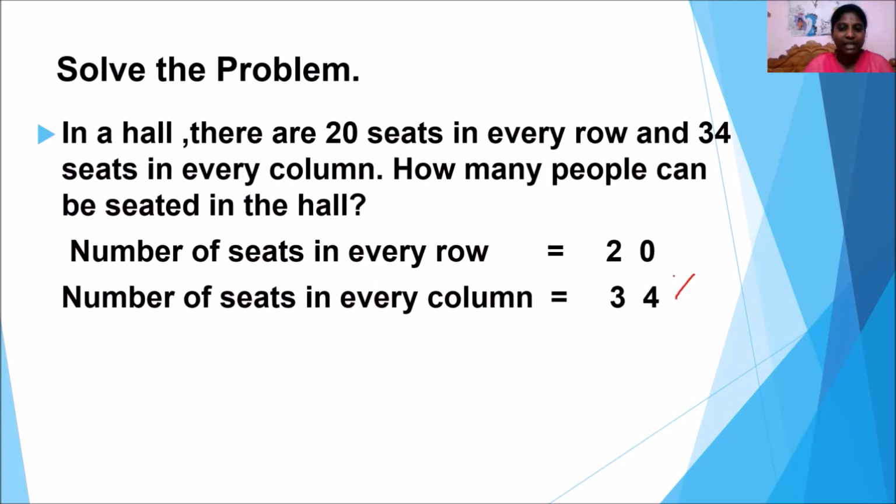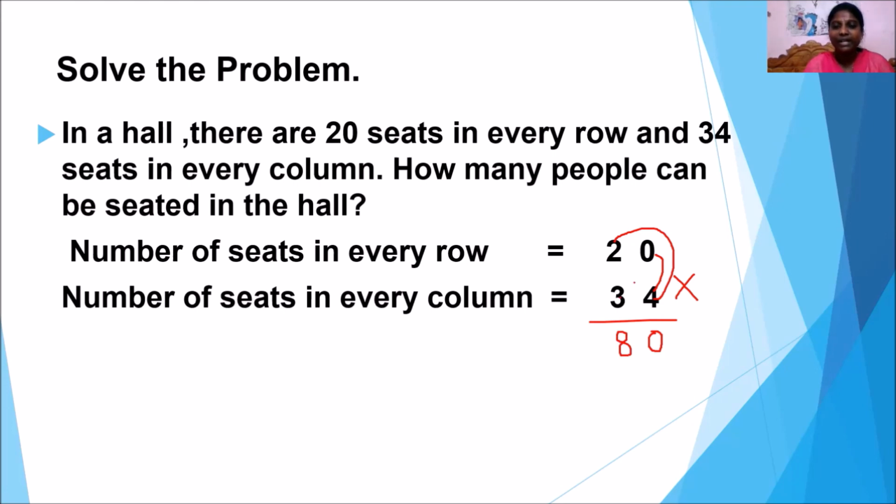Yes, multiplication. In the number 34, 4 is in the ones place, 3 in the tens place. In number 20, 0 is in the ones place, 2 in the tens place. We have to start our multiplication from the ones place digit with the ones place. Here the ones place is 4 multiplied by 0. Any number multiplied by 0, we get 0. Next, we have to multiply the ones place with the tens place digit. 4 twos are 8.